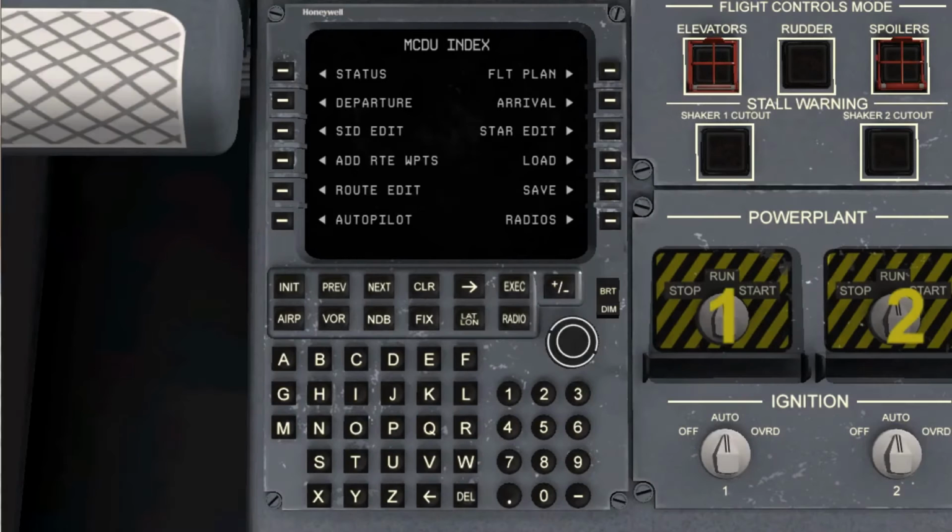This is the second video tutorial for the X-Craft's ERJ-175 Regional Jet Aircraft FMS. Essentially what we're going to do here is just bounce around a couple of the pages so you get a feel for how to navigate the interface. It's pretty self-explanatory, but I just want to be sure that we have an understanding of how we get from